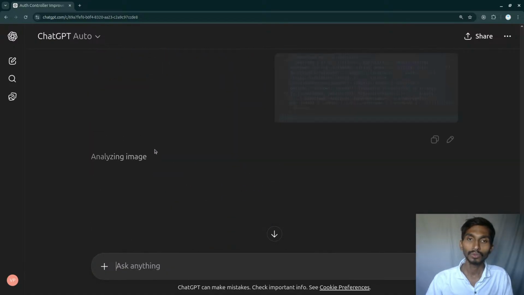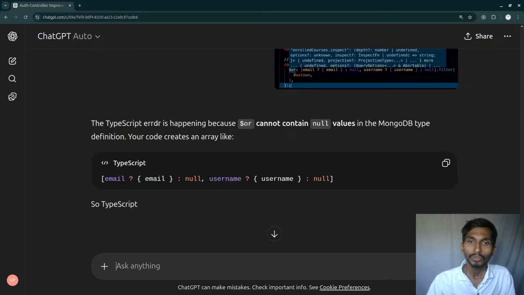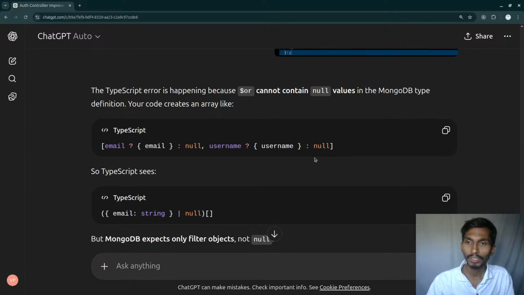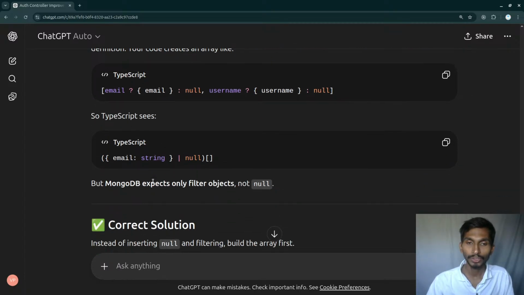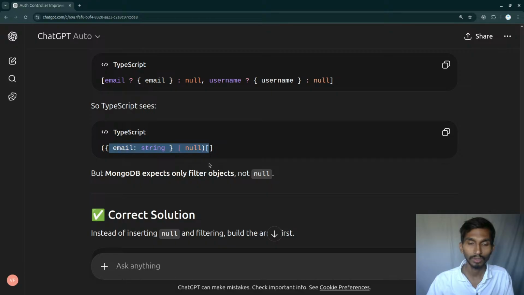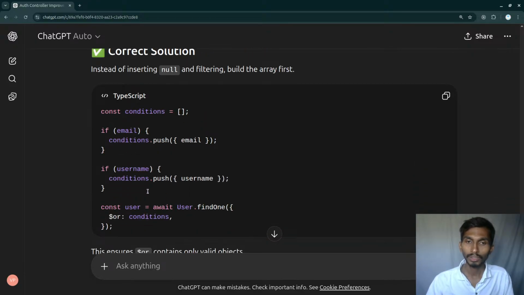Meanwhile, let's first fix this and later talk about the other things. So the TypeScript error is happening because the $or operator cannot contain null values in Mongoose. So the null that I'm providing here is the problem. So TypeScript gives this error, so email this or null. Yeah, that's right. A correct solution can be